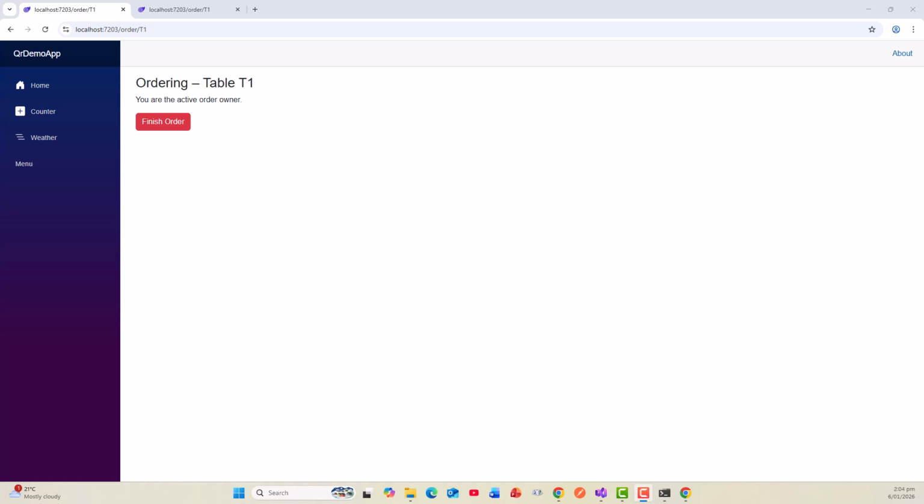In this video, I am going to demonstrate how to prevent multiple people from placing an order from the same table in a QR-based restaurant ordering system using Blazor and .NET 10. Now, this is a very common real-world problem. Multiple people scan the same QR code, but only one of them should be allowed to actively place the order